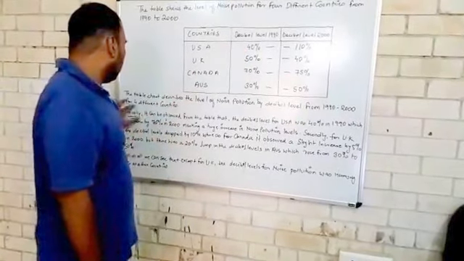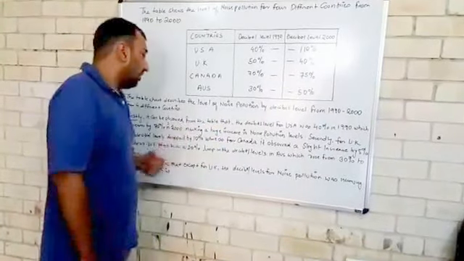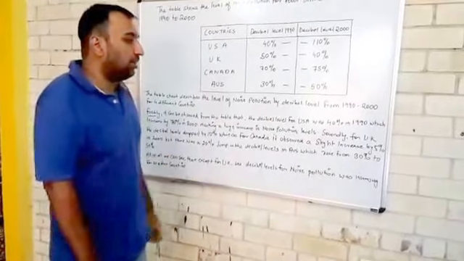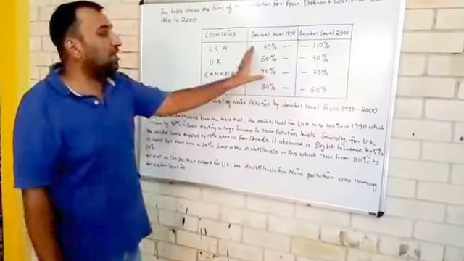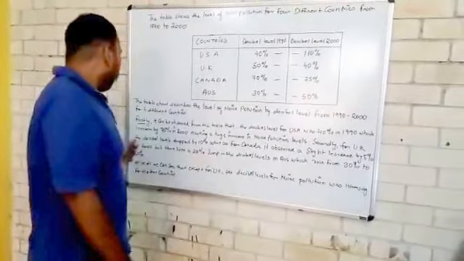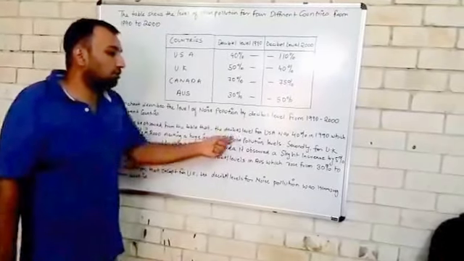So here I've put up a linker and then I have put on my view which looks a little bit polished at the end. So it can be observed from the table that the decibel level of USA was 40% in 1990, which now is increasing by 70%, which is a huge increase. So I've written over here which increases by 70% in 2000, marking a huge increase in noise pollution levels.